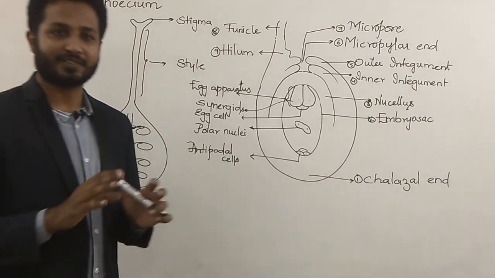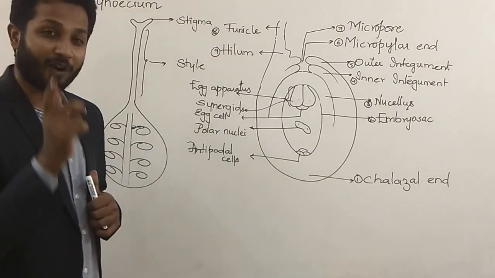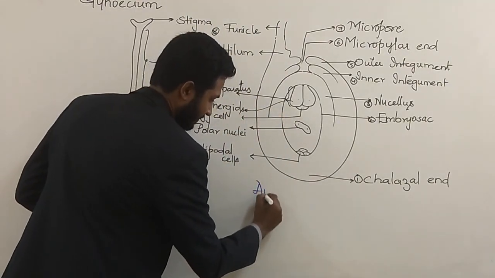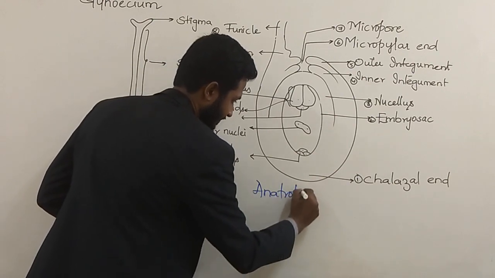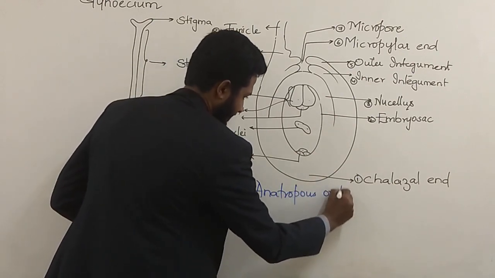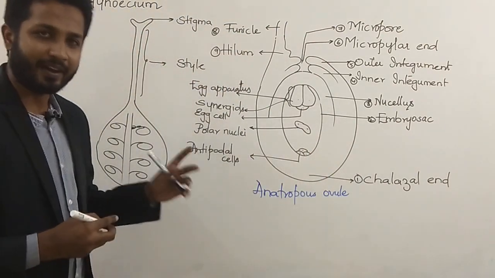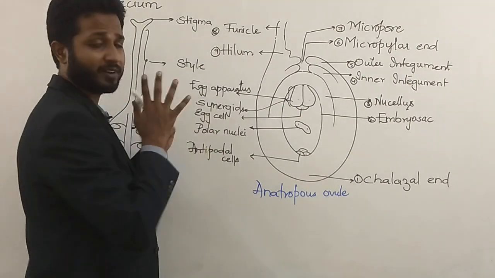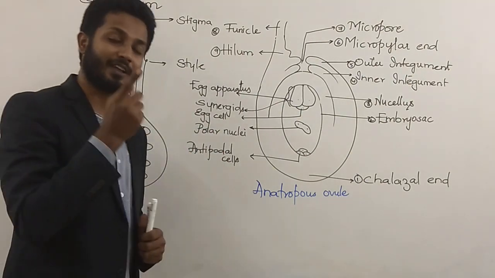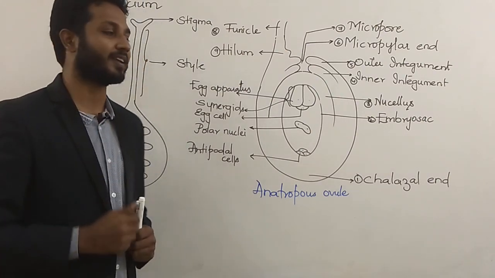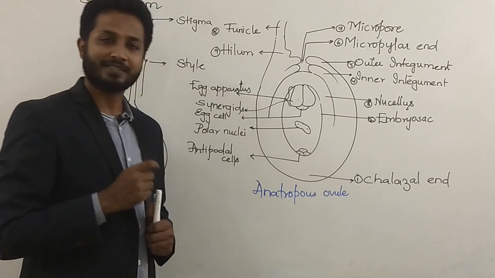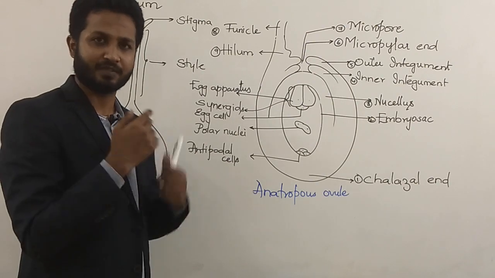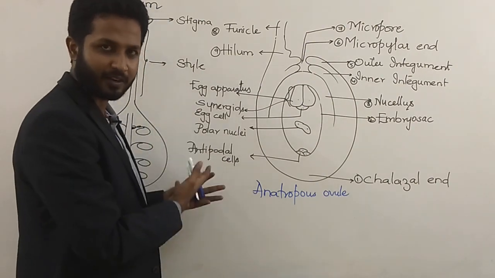So this is the structure of ovule. What type of ovule? We call this an anatropous ovule. Anatropous ovule is quite commonly available in most angiosperms. That is why it has been given in the syllabus, which means the other types of ovules will be asked in NEET. Already in the year 2016, they asked about bent embryo sac being present in ovule. We will study about those different types of ovules. I'll draw it and show it to you.